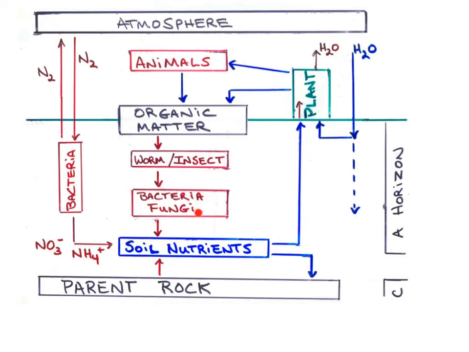Bacteria in the soil transform organic matter, all as a part of a general process known as nutrient cycling. Now, inorganic nutrients are taken up by plants, this is a transfer, and assimilated into plant protein. That would be a transformation. Distinguish the uptake as a transfer and the assimilation as a transformation.